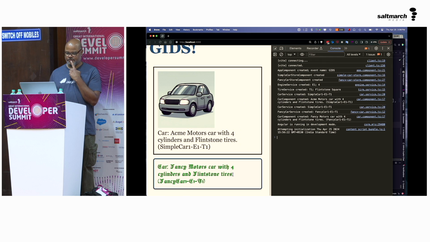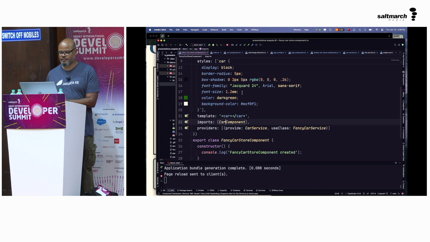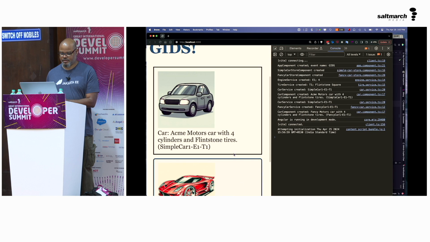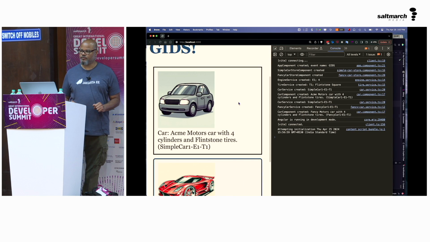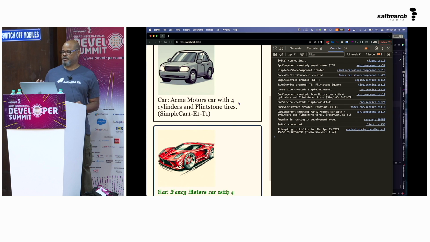Oh, but so what's going on here? So this one doesn't have it. Well, let's see. So did I not? Okay, so I need to add it to the other one. Right. So we want to add it here, and then we want to do the import. Okay, so let's see how that works out. Oh, and there we go, right? So now my directive is basically picking up the current actual car service.